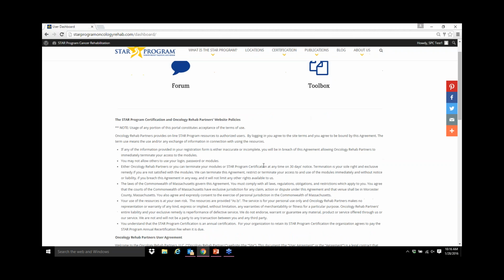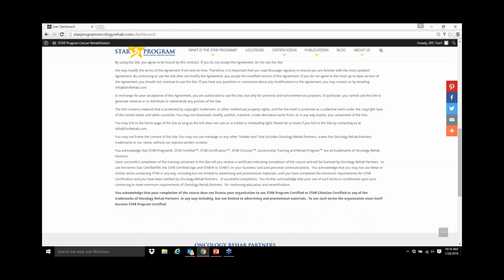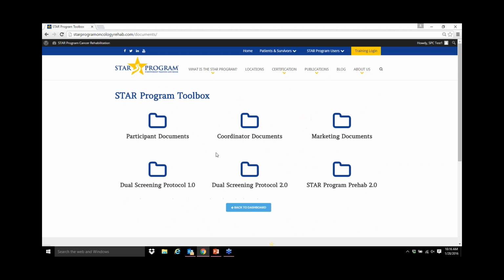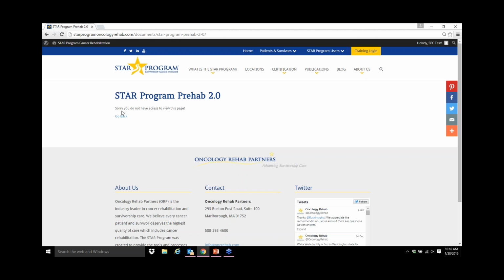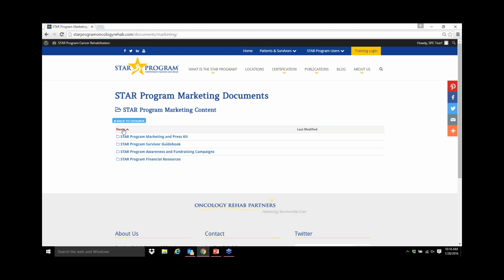Here is your user dashboard with your website policy. And by selecting the toolbox, you agree to the terms. And I want to go in to the STAR program prehab to show you this is the message that you'll get. Sorry, you do not have access to view this page. If you do not have access, you can go back to your toolbox. And we can go into the marketing documents. I have access to this, and you can see the different folders